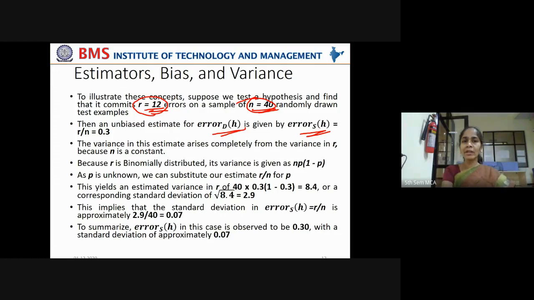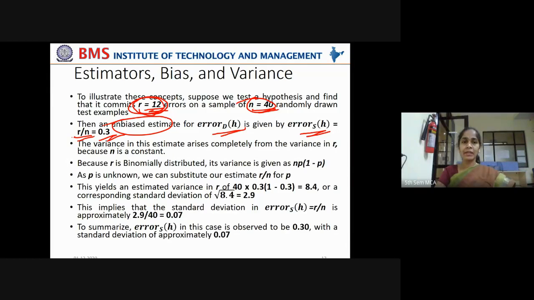Now, what is the sample error? How is it calculated? The number of prediction errors made divided by the total number of data points. How many prediction errors made? 12. Out of how many data points? 40. So it will give you 0.3, or 30% of the data points are predicted wrongly. So the sample error is 0.3 and that would be equal to the true error because we are interested in